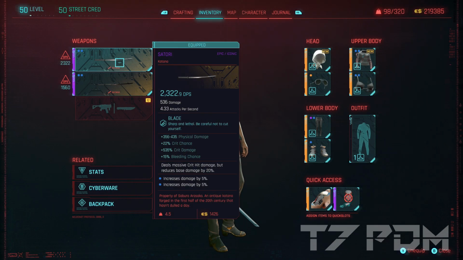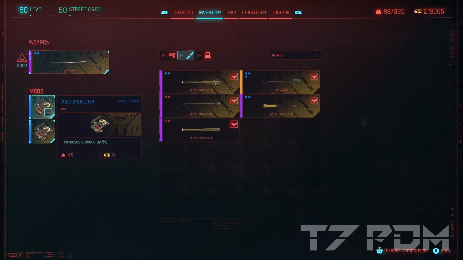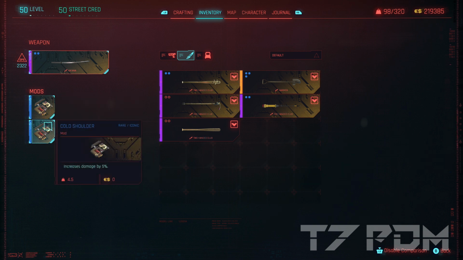But now let's finally check out the build. The Satori of course will be our main weapon. And the epic variant with maxed out attack speed will actually have over 2322 DPS, which is more than enough for our build. In the mod slots we will equip 2 Cold Shoulder mods because Cold Shoulder is actually way